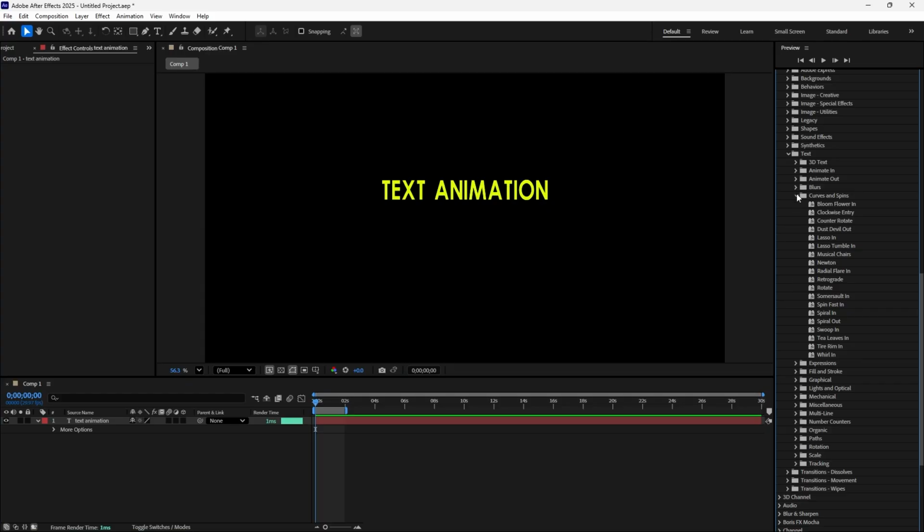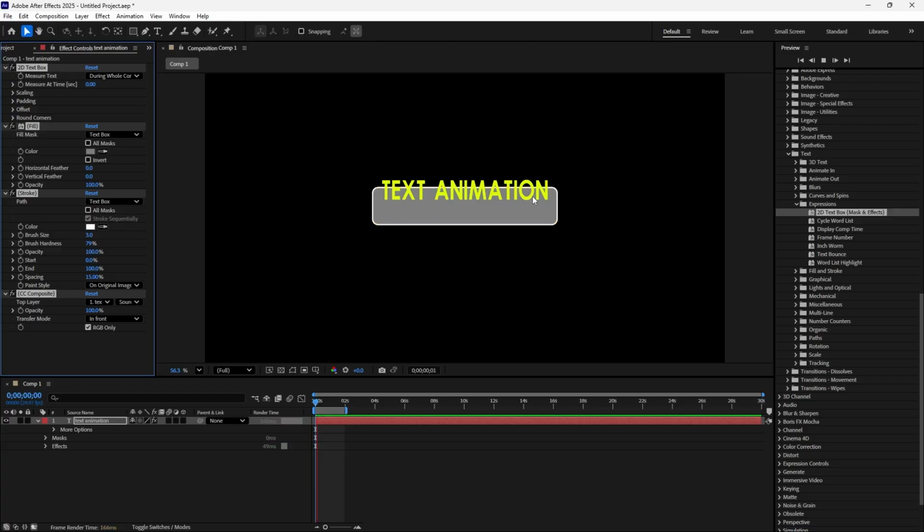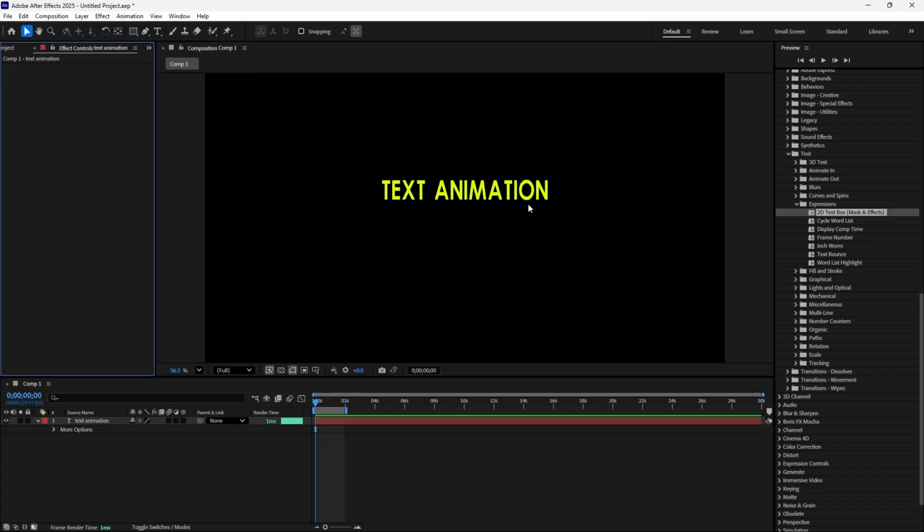So let us close this, the few things, and some expressions are there. 2D text box, the mask and effects type. See, this is. And display come cycle word